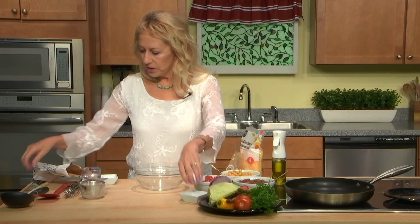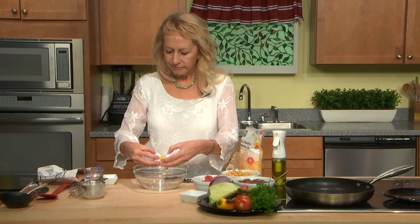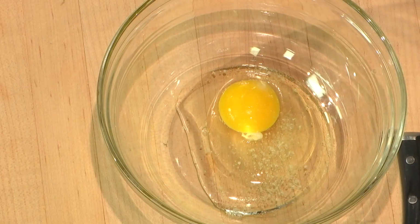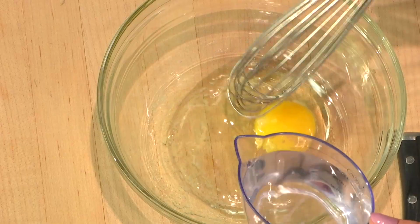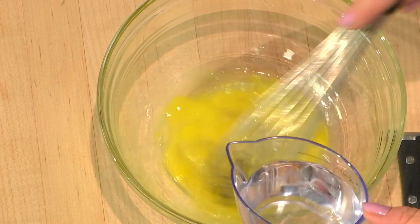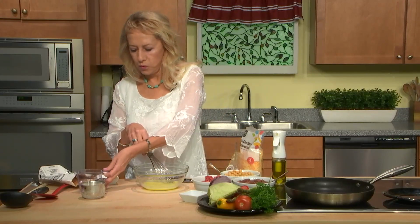So let's start making tacos with this flour. We need one egg, salt, and I have here less than a cup of flour and less than a cup of water. It depends how it is going to incorporate. So I'll add, let's say, half of the water, and then I'll start adding flour